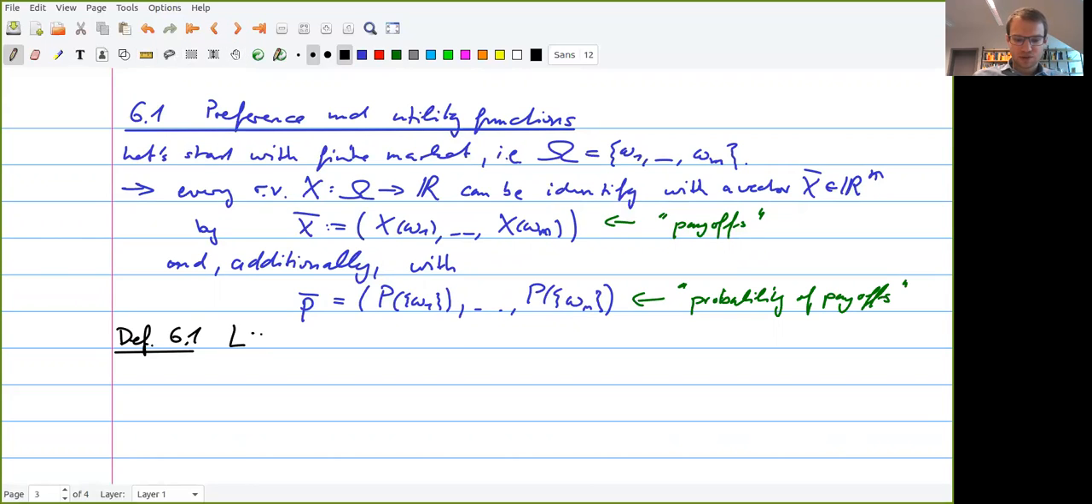So abstractly speaking, let me consider such a pair. It is called a lottery if